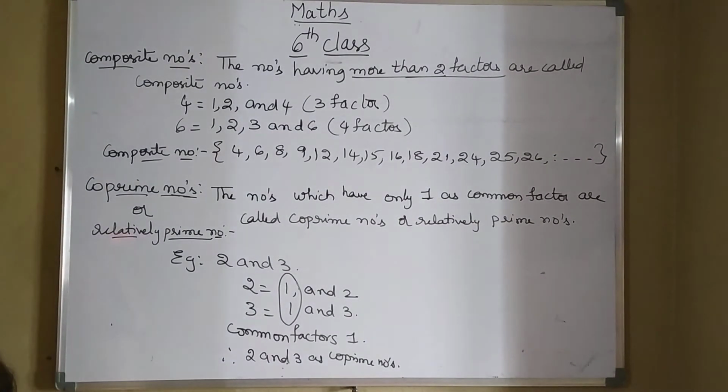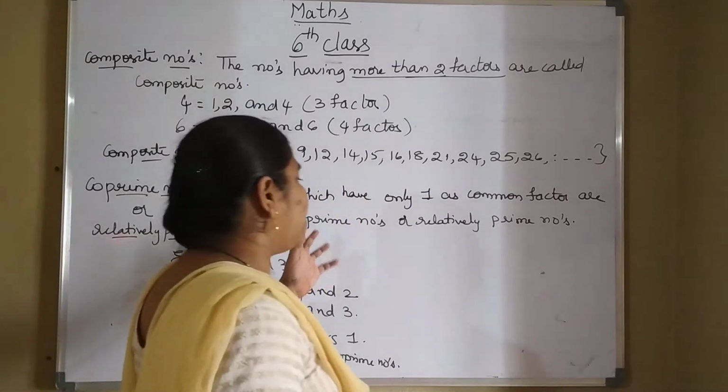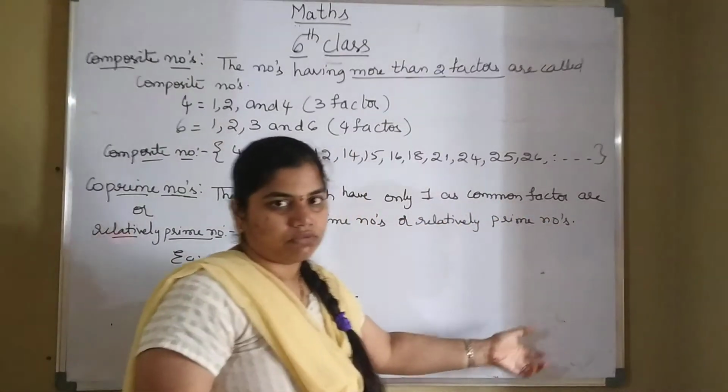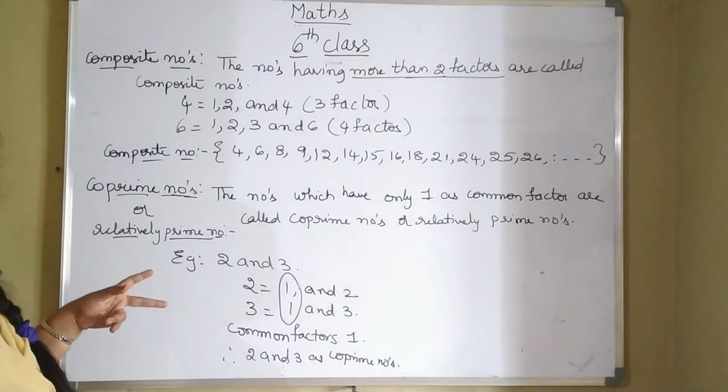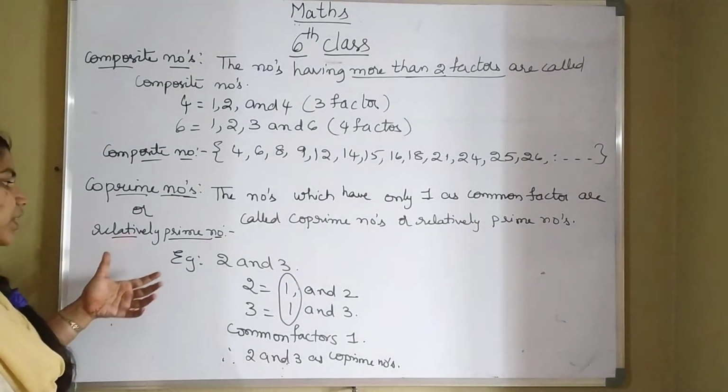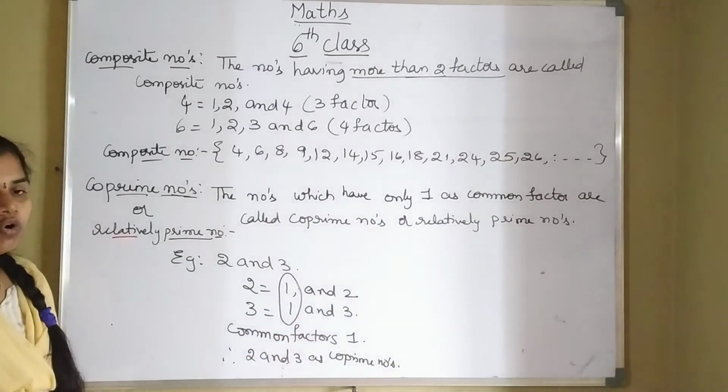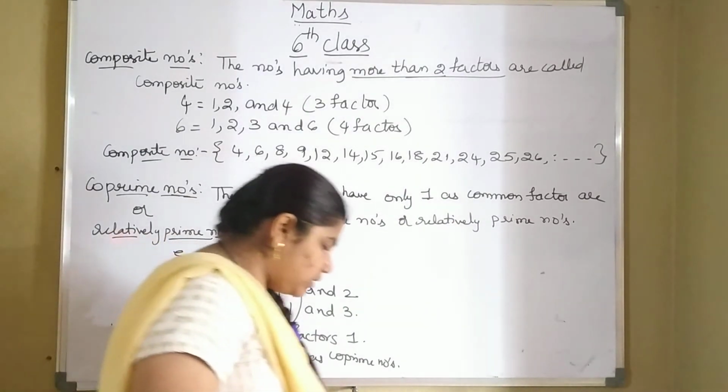So in this way, this is about co-primes. What do you mean by co-primes? The numbers which have only 1 as a common factor. If you take any two values, the common factor should be equal to 1. Then only we will call the two numbers co-prime numbers. Next is